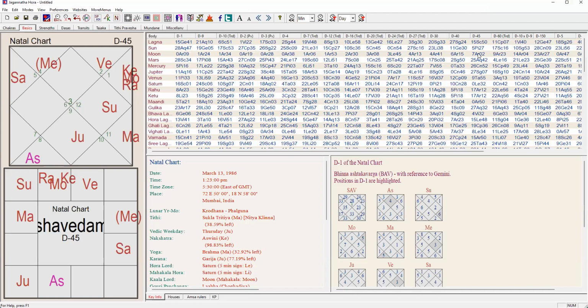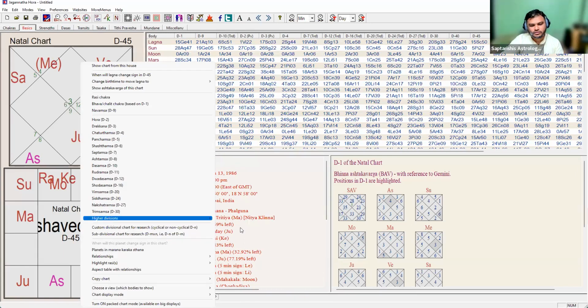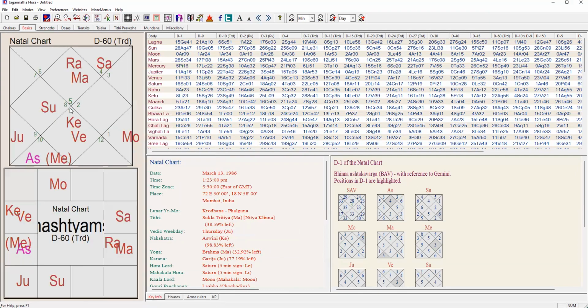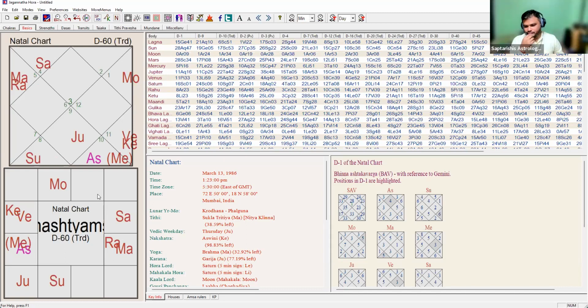Sir, I also observed that since the D60 chart is the past life, in the D60 chart Mercury is in Lagna and the Lagna is Makar rising. And in the birth chart, Makar is falling in the 8th house. So does that mean the past karma is coming as a disease, a terminal disease? Yes. This is how we interpret it. So your approach is correct.